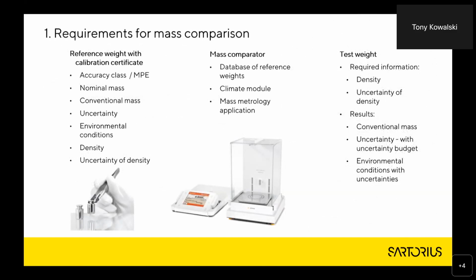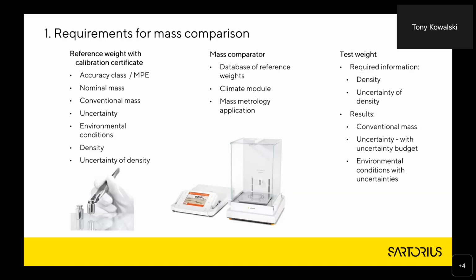So the requirements for traceable mass calibration is a reference weight with a calibration certificate. We need an accuracy class of the reference weight to be one level higher than the weights we're testing. So if we're calibrating E2 weights, we need E1 references. If we're calibrating E1 weights, we need weights that have a better uncertainty than E1. So it needs to be